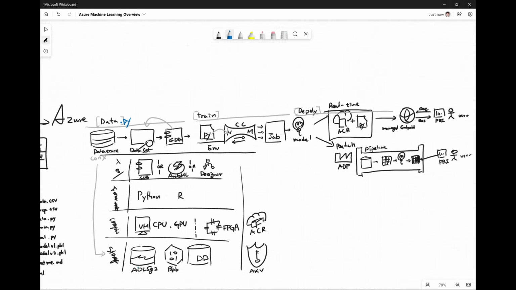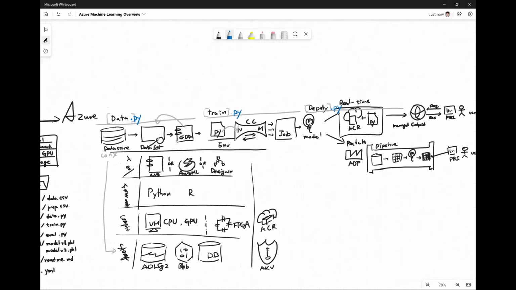your data source through data store, data set, and then you can define that process in a Python file. And of course, the training can also be defined as a Python file. The model deployment can be defined as a Python file. Under the hood, the reason why this is possible is because Azure Machine Learning provides the Azure Machine Learning Service SDK